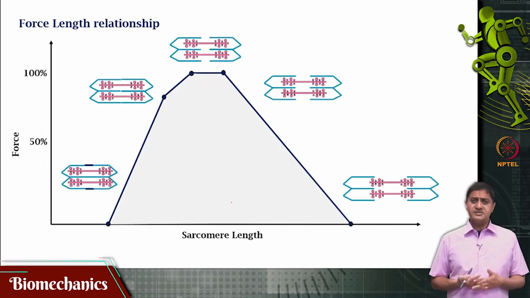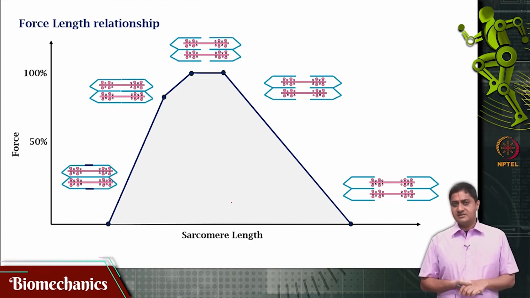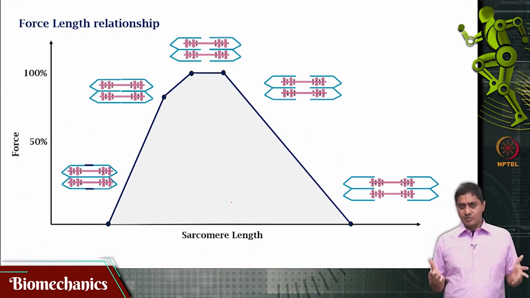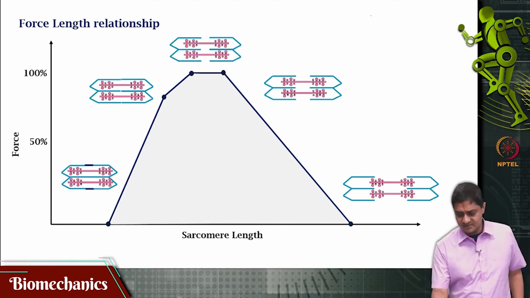Okay. Now, a question is, for the whole muscle itself, what is the relationship between force developed and muscle length? Because by the logic we discussed previously, if I wanted to develop more force, that means I will have to keep on shortening the muscle. In other words, there is a monotonic relationship between muscle length and force, not necessarily positively correlated. Or in other words, my expectation